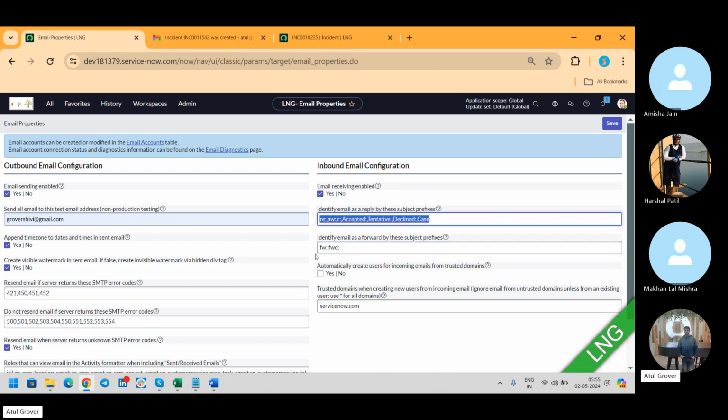I receive an email and I forward it to Amisha: Amisha, can you have a look at this particular part? The second last point says: automatically create user for incoming emails from trusted domains. Okay, let's say